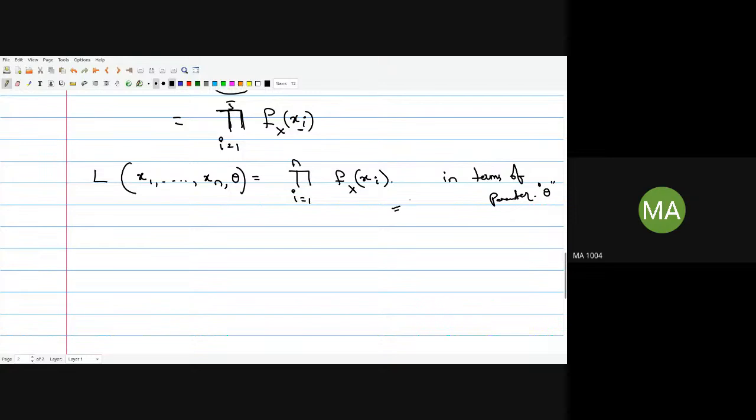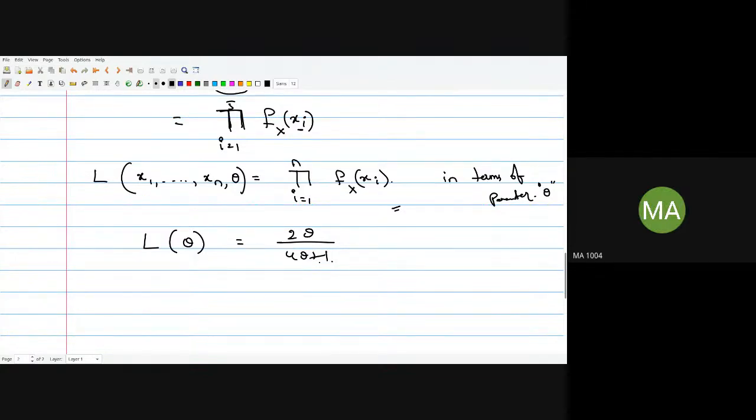But in order to predict, suppose after substituting, L of theta is something like 2 theta by 4 theta plus 1. How should I guess the parameter? What should I say? Theta is this, or theta is 0, or theta is 1, or theta is half. What is the best estimator? For that, we use some calculus here.